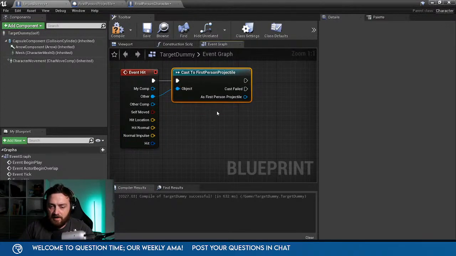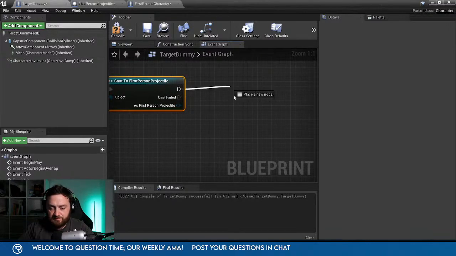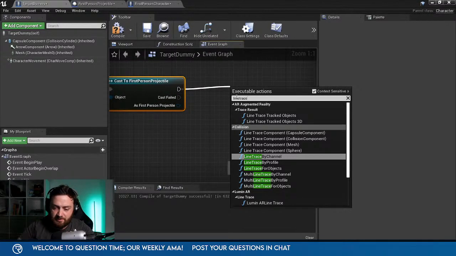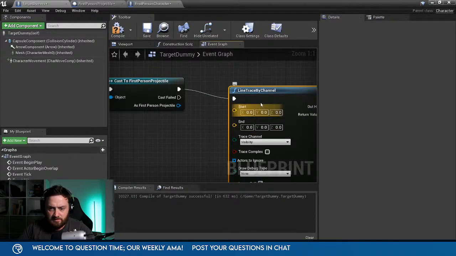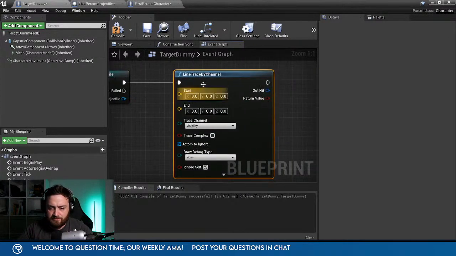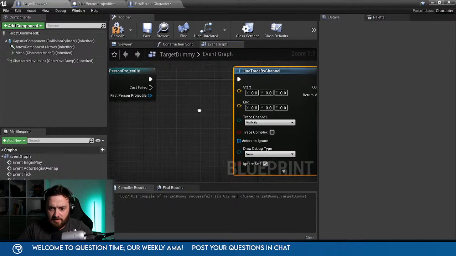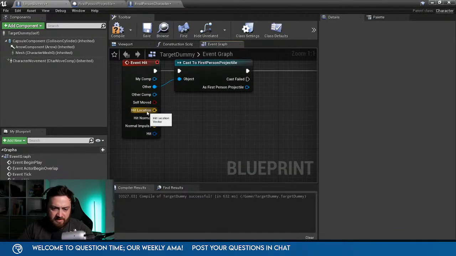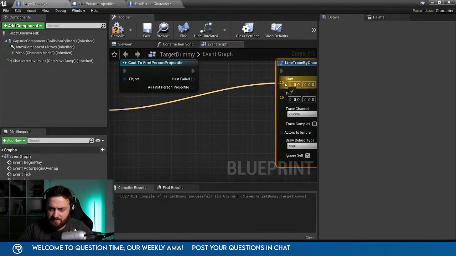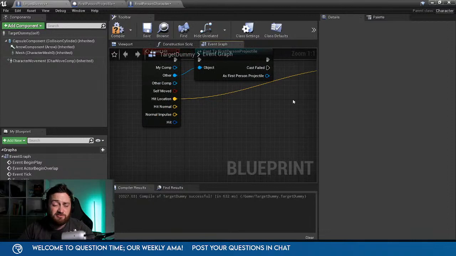And then we'll do a line trace. So line trace by channel. And we'll do line trace is going to come from the hit location as a starting point, and then we'll get the hit direction. So what direction was it going in when he got hit?